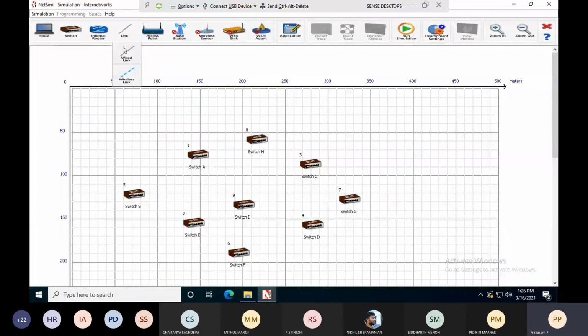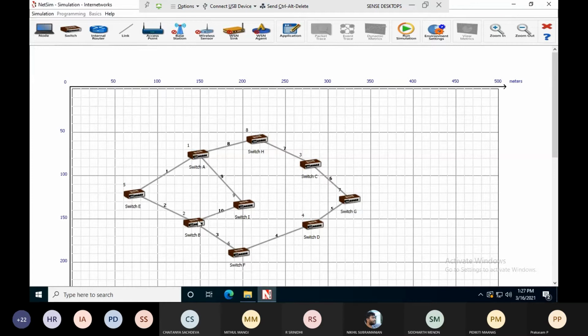So go to link, select wired link, and connect as per the given diagram. This is as per given. Escape. Now you can rename.